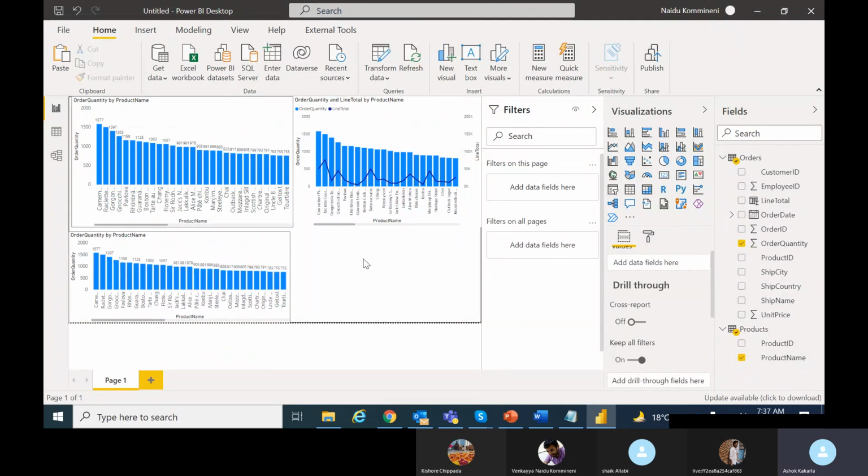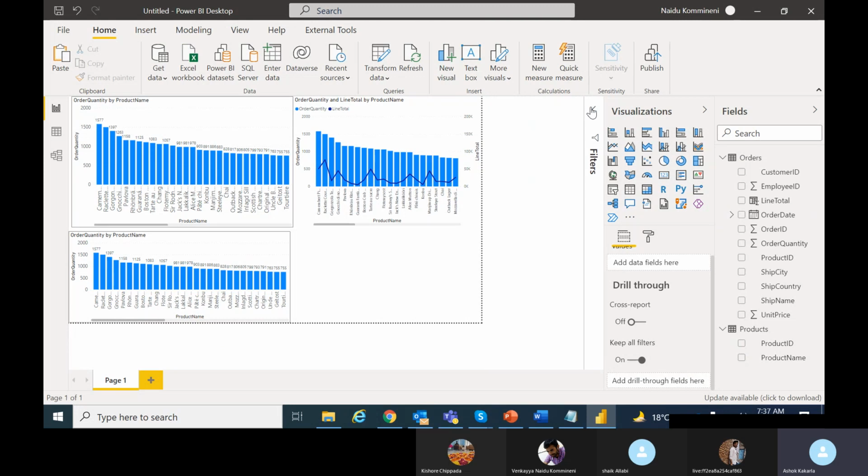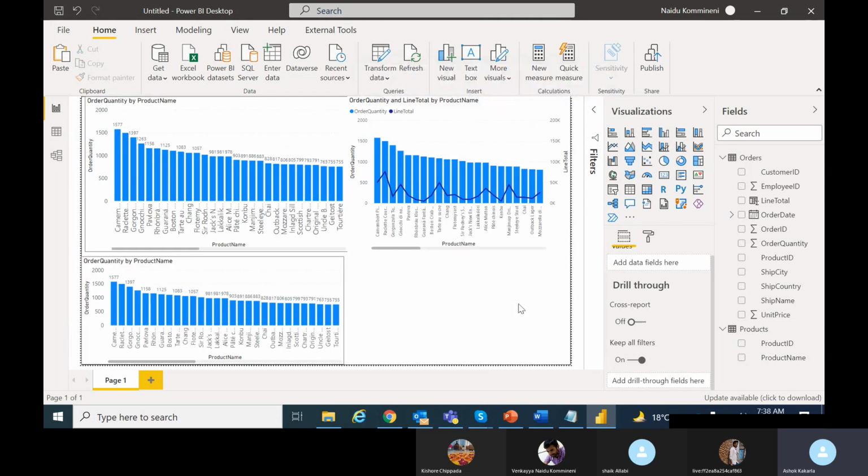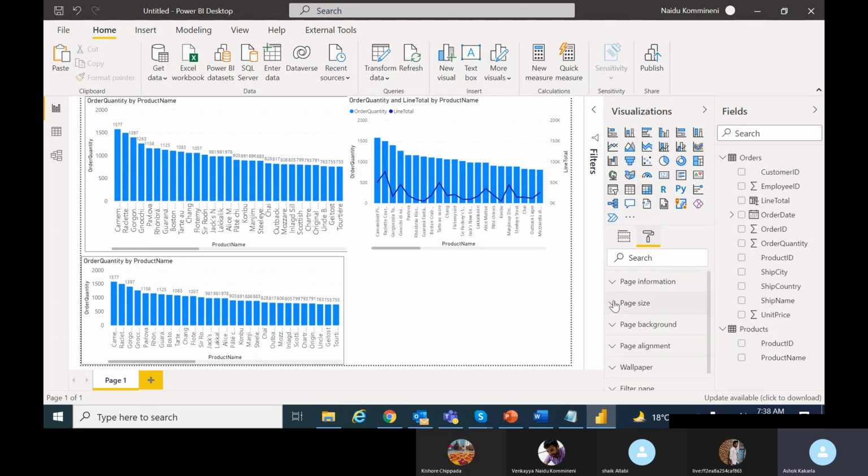And now your chart size, your page size, is very low, right? So you could increase your page size. Let's click on any on your report pane, go to the format properties. There is a page size or page information. Just click on the page size, and here